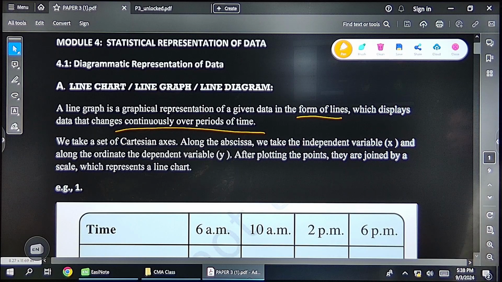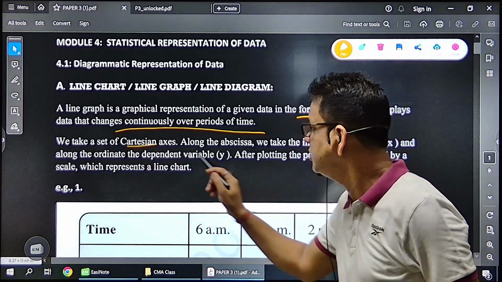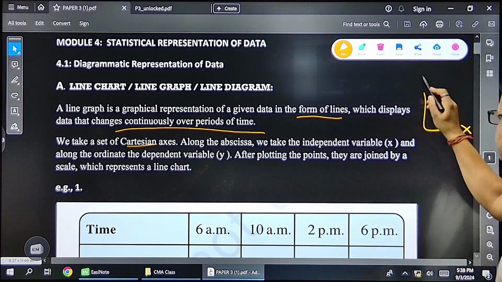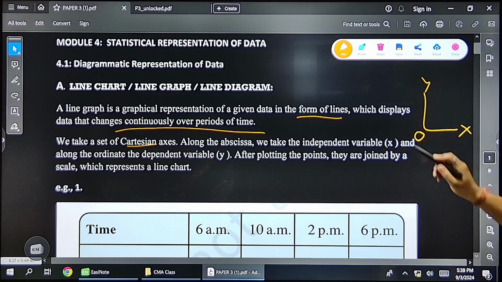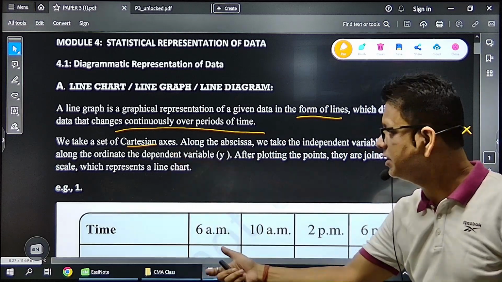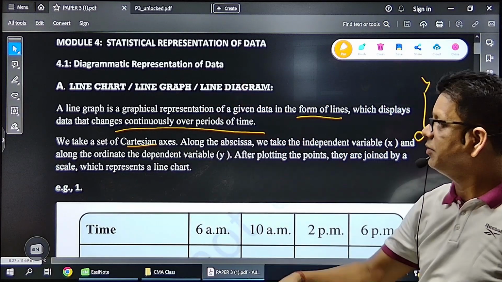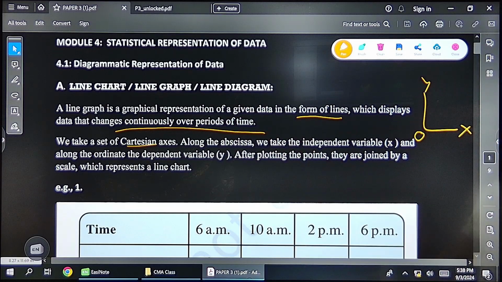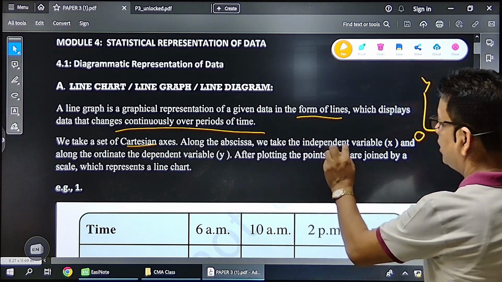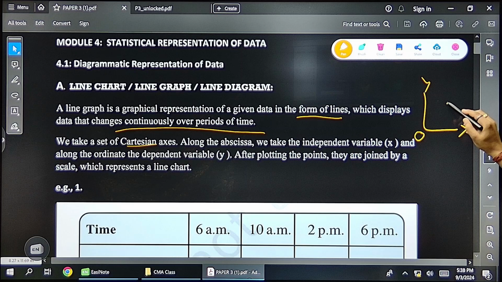Now, to make it, we take Cartesian axes. Cartesian axes means you must know the x-axis and y-axis you used to take. Yes or no? So taking this point as O, the horizontal axis as x-axis, and the vertical as y-axis. So we take Cartesian axes to represent this diagrammatic representation for a line chart and all. Then along the abscissa, we take the independent variable. So we represent some point here, right? Suppose the point is like 7,5. This 7 is called abscissa, this 5 is called ordinate. Okay? So these points we keep on